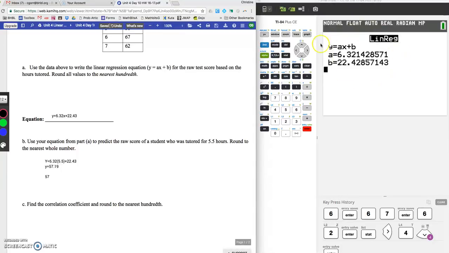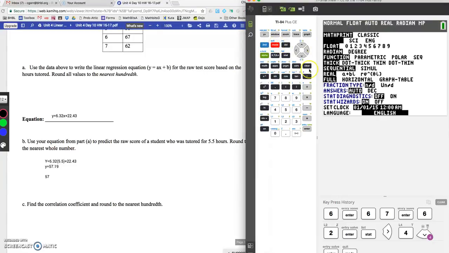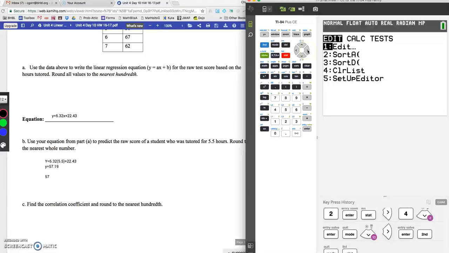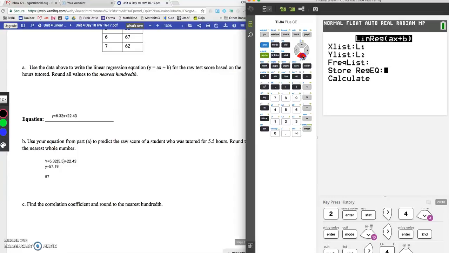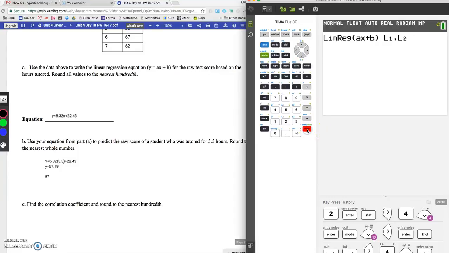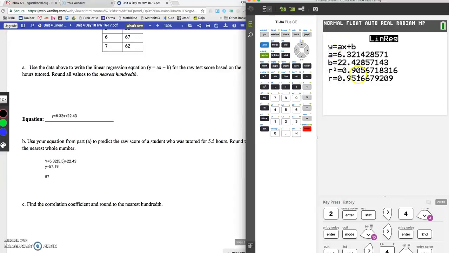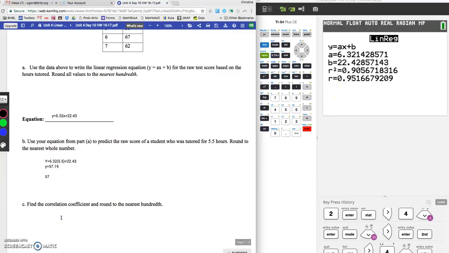Now, unfortunately, when I ran my linear regression, I didn't have an R value. So I need to go to my mode, and I need to make sure that my stat diagnostics is on. Once it is on, I'm going to go back to my stat menu, over to Calc. I'm going to run my linear regression one more time, and this time you'll notice that I have the same a and b values, but I've now added my r and my r squared value. I'm only concerned with my r value, and I do want this to my nearest hundredth, so my r value is